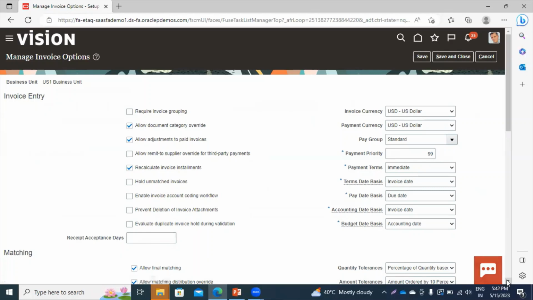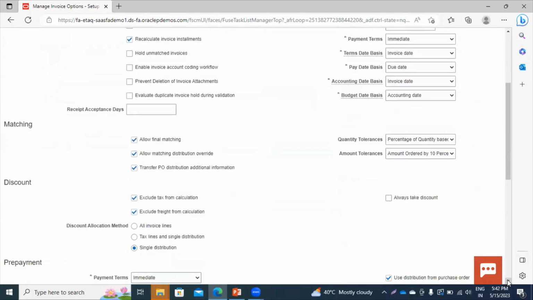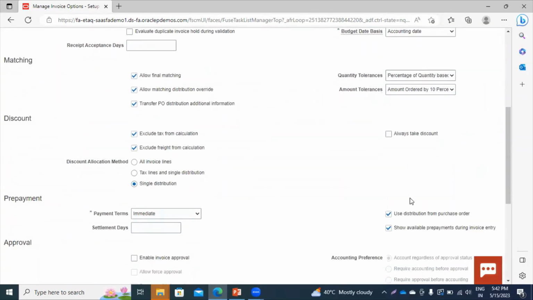Here you have to fill out the details as per your business requirement. So these are the functionalities which are available as per the invoice entry. You have to mention the payment term that will be taken as default while creating the invoices. This is the information related to matching, that is related to the purchase order, discounts, prepayments,